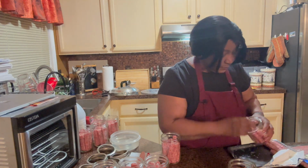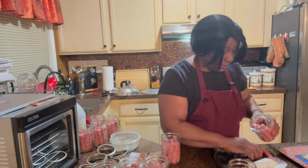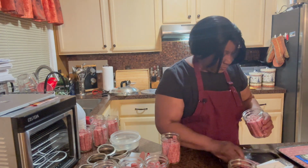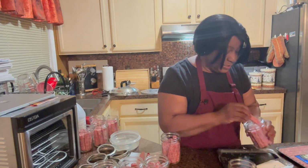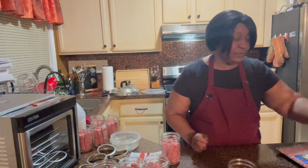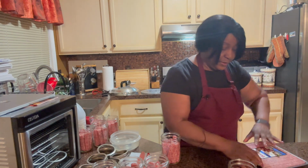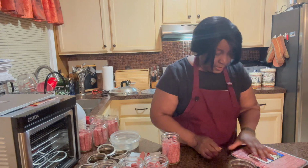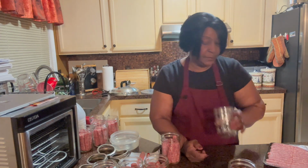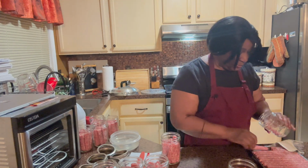So I wound up sending that particular canner back because it was new and it was still under warranty. And I sent that one back, and they sent me another one. So after I found out that I could actually can some things and have it come out right, then I decided to get a better canner, and I wound up getting the All-American 921, and that's what I'm using today. My All-American 921 pressure canner